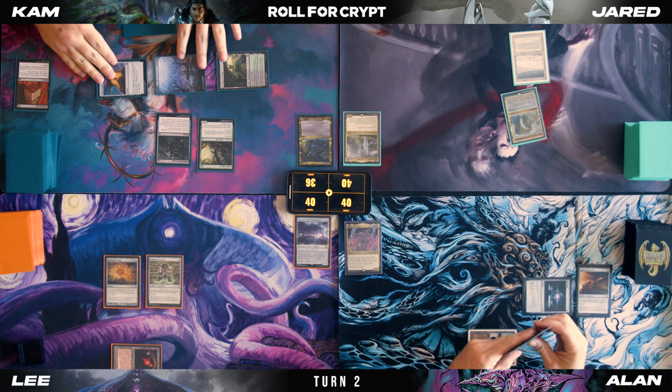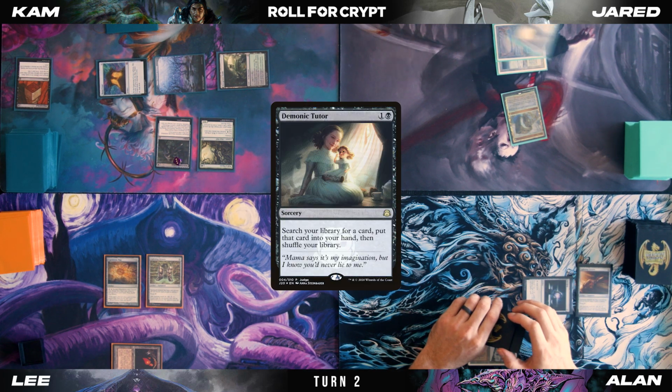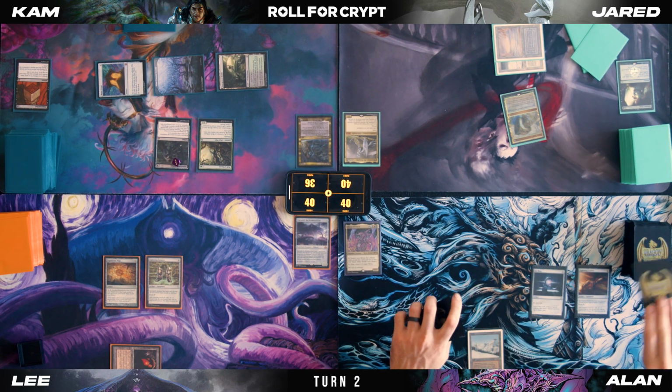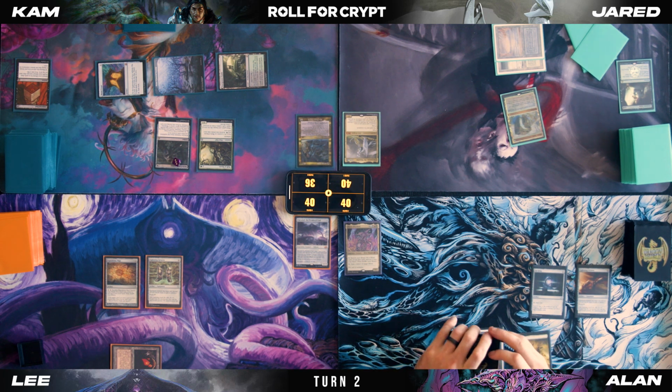Untap, draw. I'm gonna play an Underground Sea. I'm gonna pay 2. I'm gonna cast a Demonic Tutor. Pass. So, draw. Play a Plains for turn, and on that note, I will pass. Ooh,